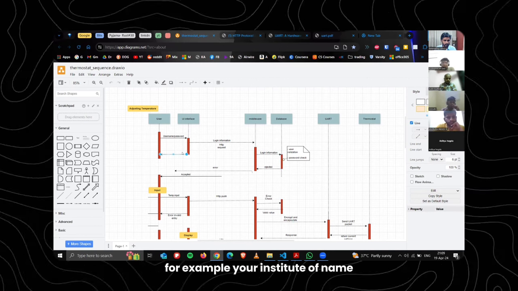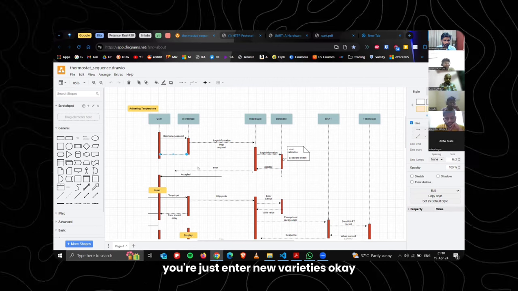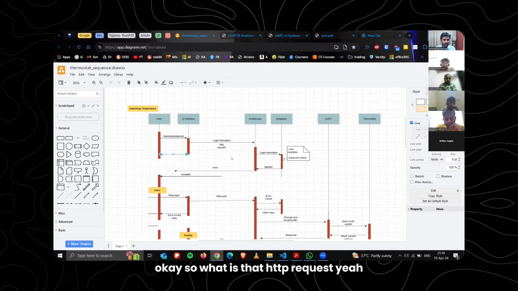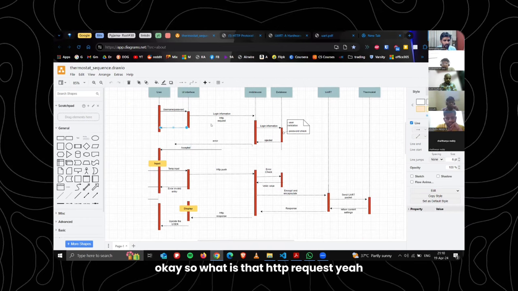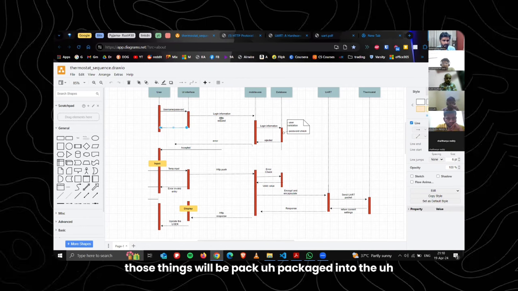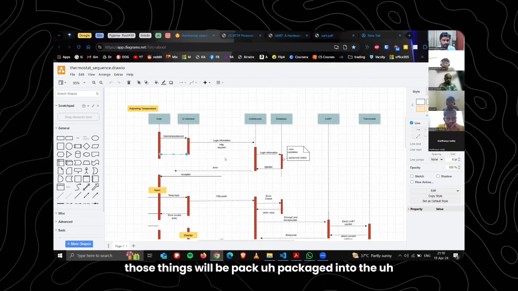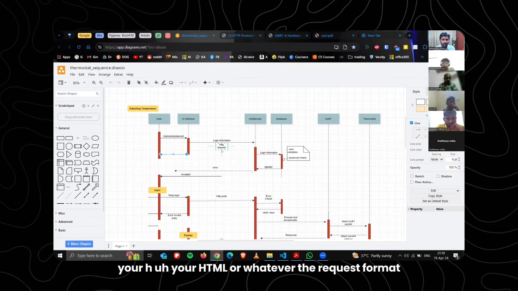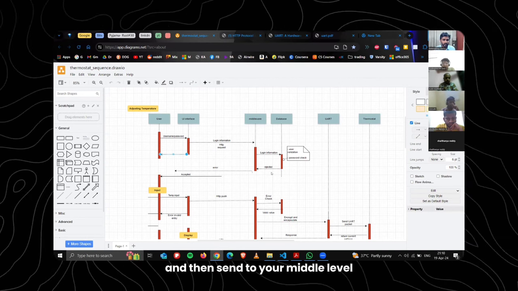Okay, so what is that HTTP request? Once you enter username and password, those things will be packaged into your HTML or whatever the request format is, and then sent to your middleware.